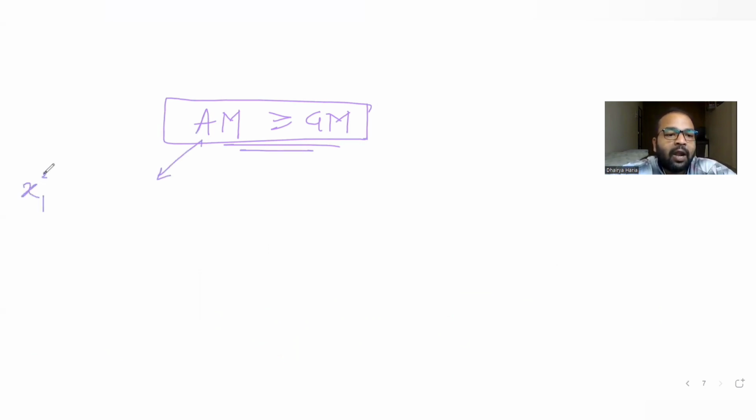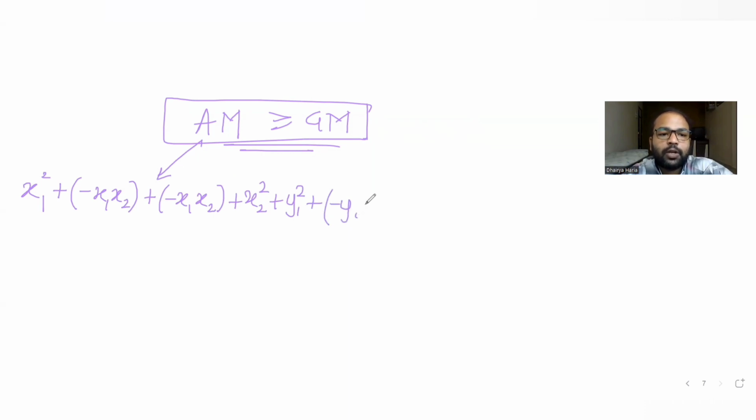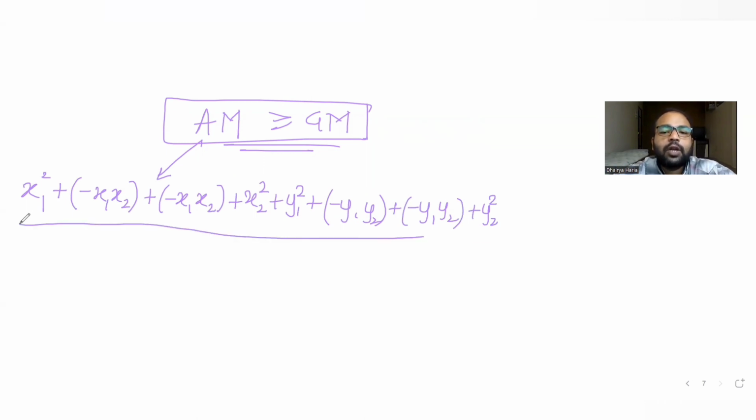Arithmetic mean, if I add all of these terms, minus x1 x2 plus minus x1 x2 plus x2 square plus y1 square plus minus y1 y2 plus minus y1 y2 plus y2 square. So what you are finding here is the arithmetic mean, that is the sum of all the terms divided by the number of terms, which is 8. That is greater than or equal to